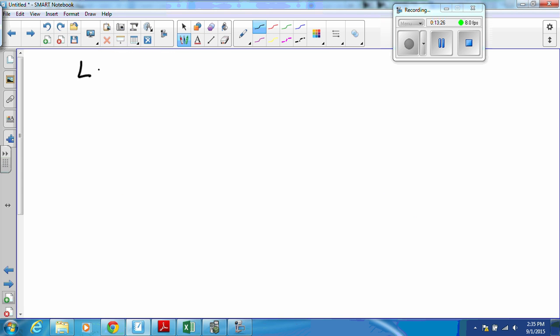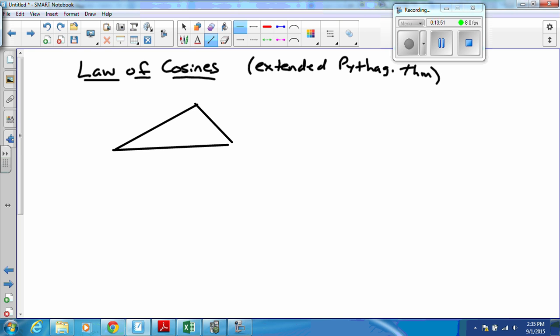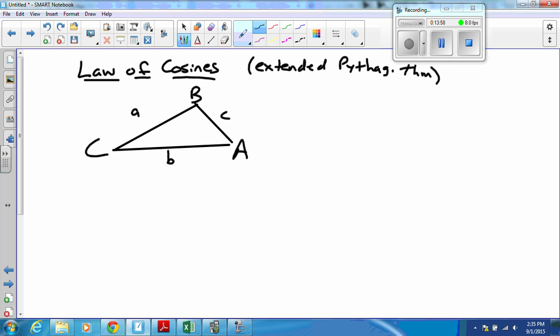Finally, let's consider the law of cosines. The law of cosines is the extended Pythagorean theorem, or the generalized. If we take any triangle and mark it up just as we did the previous triangle, with sides A, B, and C, at angles opposite, capital A, capital B, capital C, then the law of cosines states that